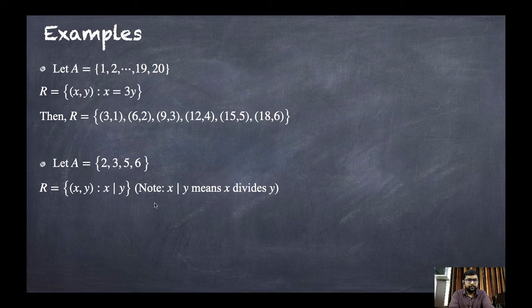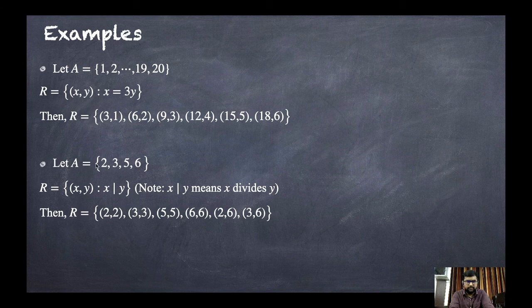Okay, then what will be the relation? Here we have four elements. It is the ordered pair such that x divides y. First we will write the elements. 2 divides itself because here the set is A and B is also the same as A. So 2 divides 2, so that means (2, 2) will be there. In the same way, we'll take all the elements.